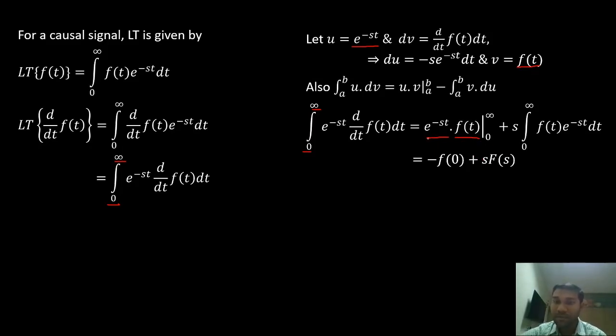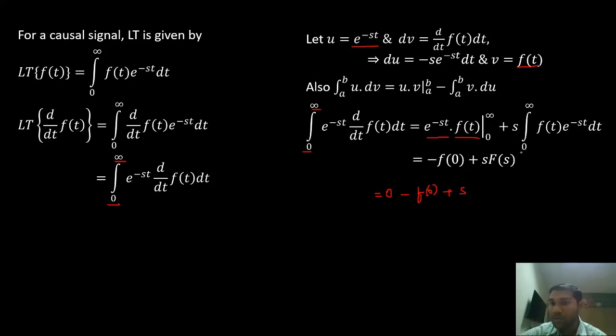In the first term, e power minus s multiplied with infinity, that is e power minus infinity, is 0. So on the right hand side I have 0 minus, when I substitute t equals 0, this term goes to 1, and what do I have? I have f of 0, minus f of 0 plus